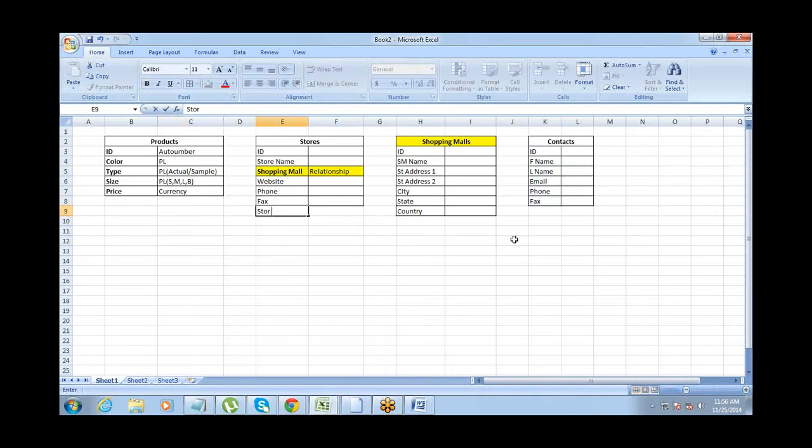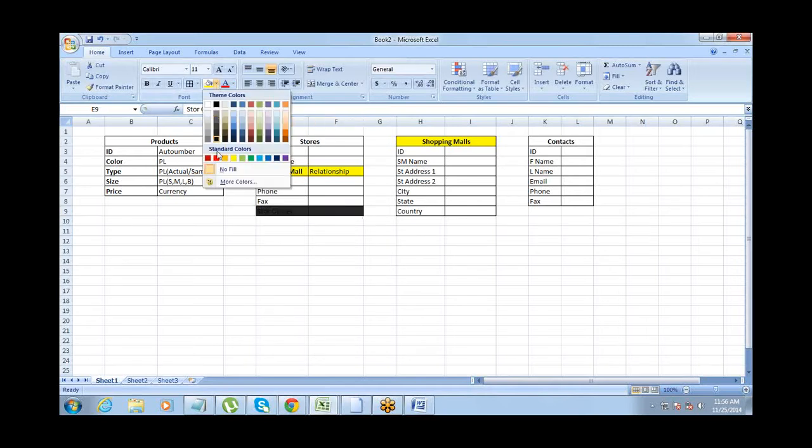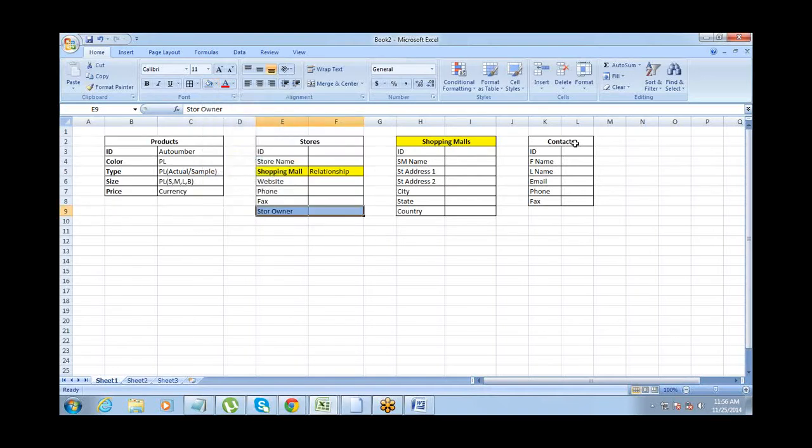Now, for the store, I need a store owner, right? The store owner should be connected to contacts again. This has to have a relationship with contacts. Store owner will come from contacts, right? So this is also going to be a relationship.